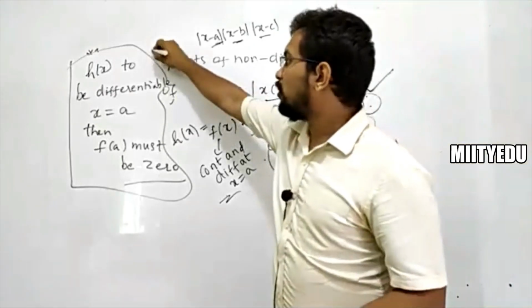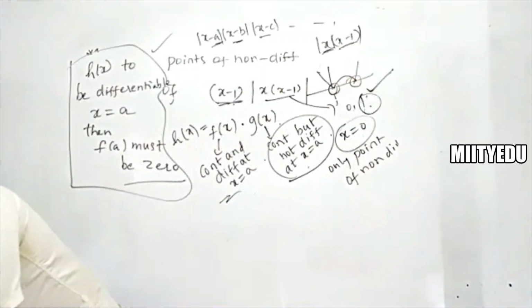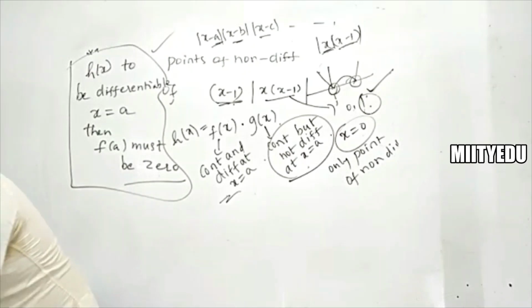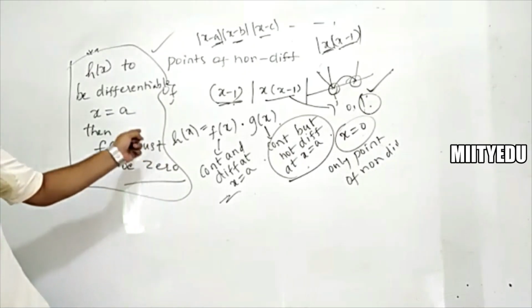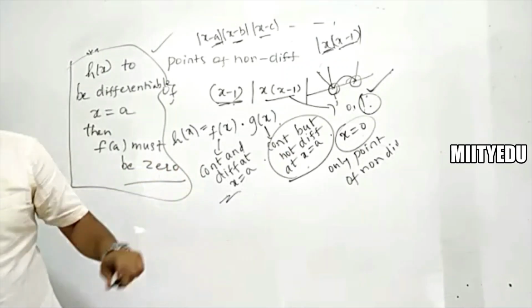The statement is very important. How this is obtained, we'll see in the next class. Hope this is clear. Srijanya, at 1 it is differentiable. The reason is this statement. How that is obtained, we'll see in the proof. For that I'll explain with the help of a graph tomorrow.